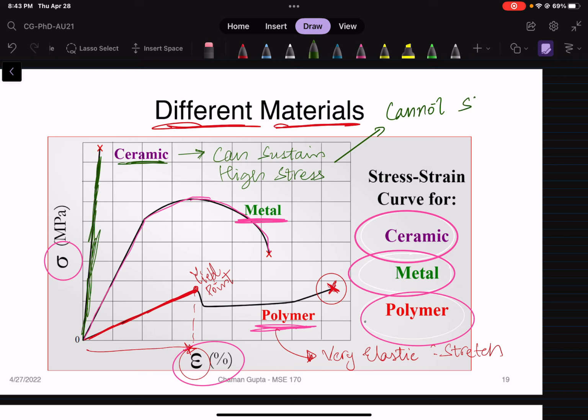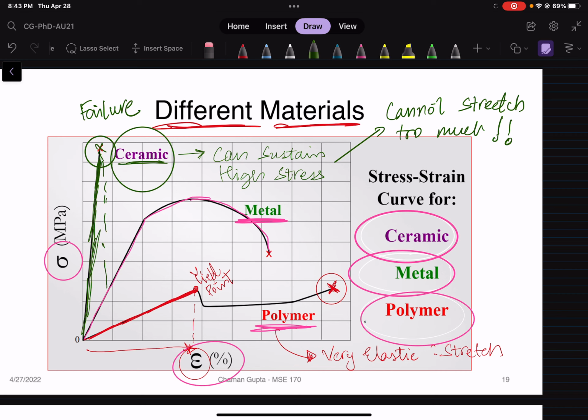Cannot stretch too much. Why? Because note how early this breaks. This cross point is the failure point for ceramics. Ceramics will fail so early in their straining process. You see how small this strain is compared to this red line. And that's why ceramics can sustain a lot of force, because they can sustain this high of stress, but then